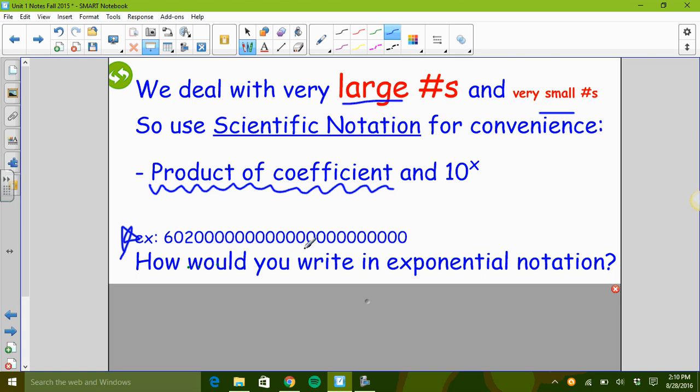So if you're counting all the zeros, you're going to see there are tons of them. So the number you most likely chose, which has to be a number between 1 and 10, will be 6.02. And all of these zeros afterwards may or may not be needed in order to write the size of the number. So to get away with not writing them, we're going to put times 10 to the whatever this first zero is to whatever this last zero is. That gives us 23 spaces in between. So 6.02 times 10 to the 23rd.